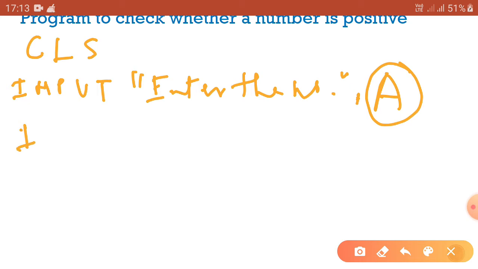Now the second part is the condition part. Here it is, IF A greater than 0. This is the condition.